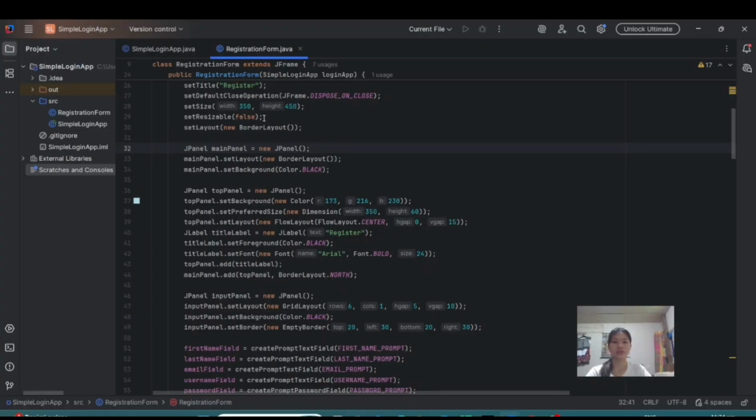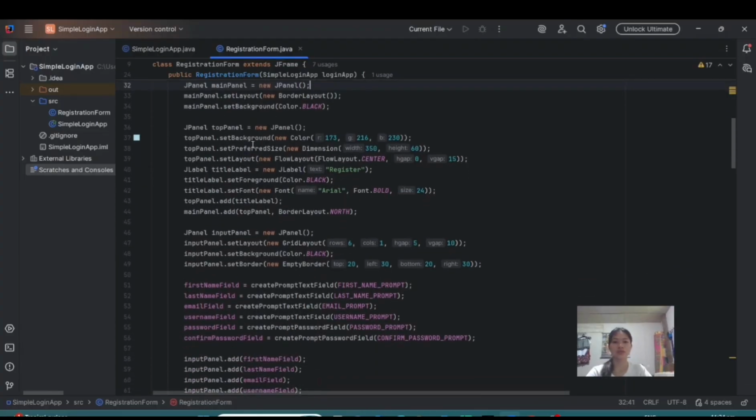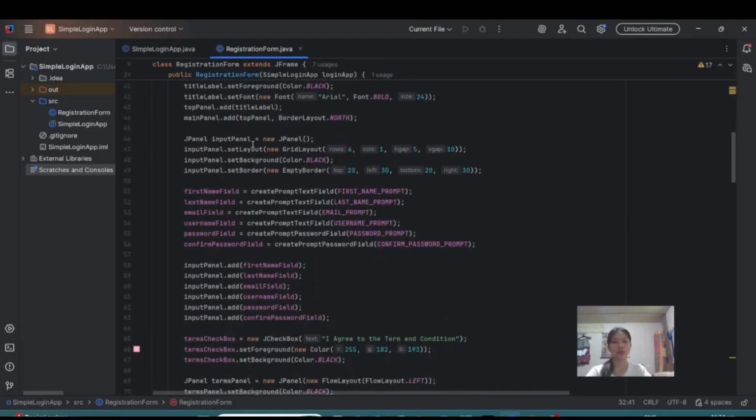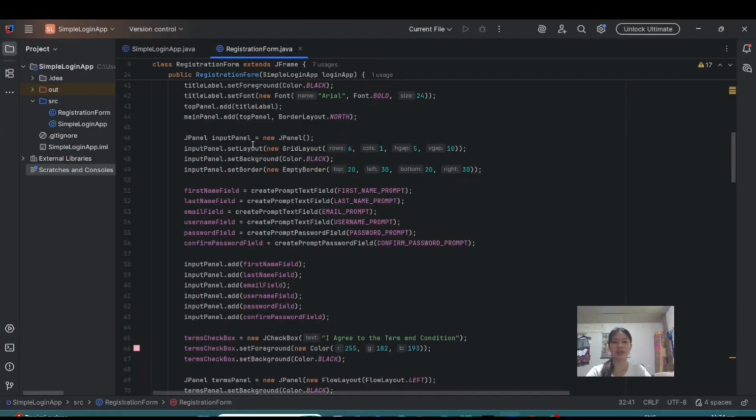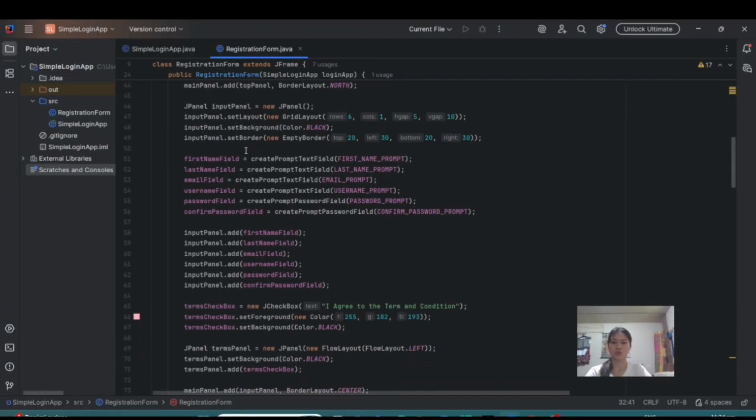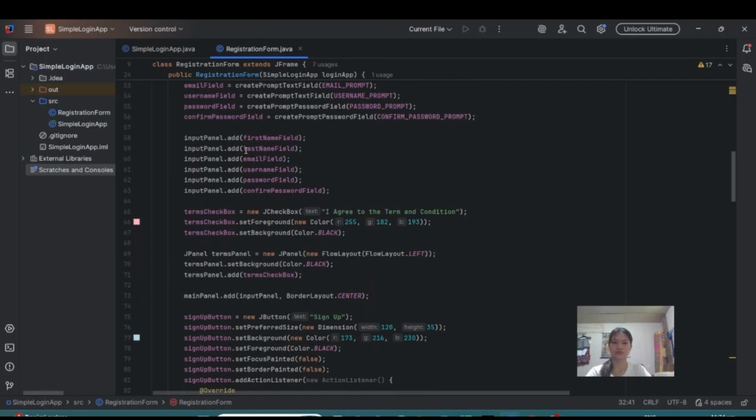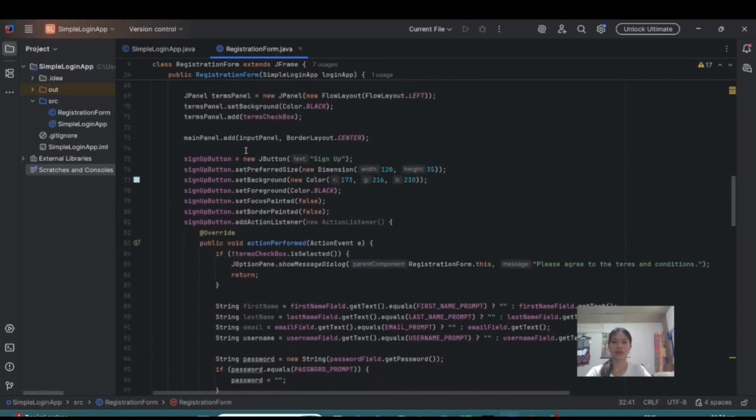So in the action listener for the sign up button, this code responds to the user clicking the sign up button. It's what happens when the button is clicked.